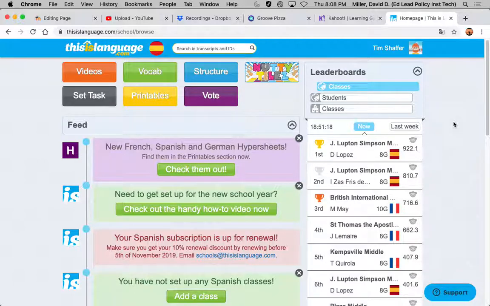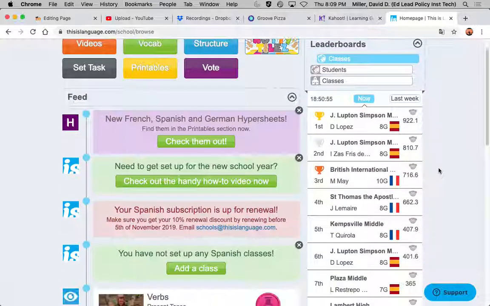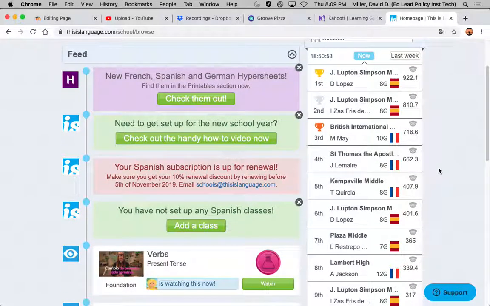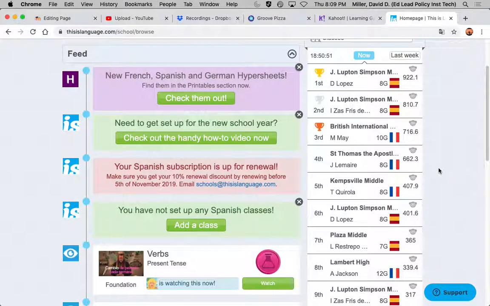In terms of the table, it's definitely more for world languages. As far as I know, I don't know if they do other languages outside of Spanish and French, but those are the flags over there. If you have students registered in a class or signed up in your class, you can keep track of points through activities that they can do. But there's a lot more to it that I haven't explored yet.